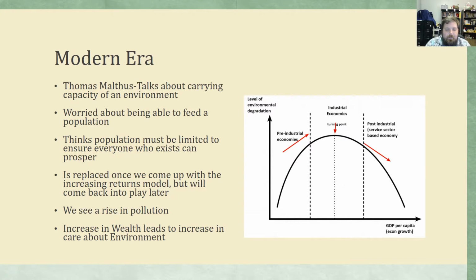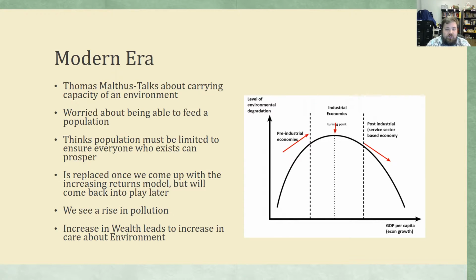on the system. But as the Industrial Revolution began to kick off and really human ingenuity began to take over, we see this becomes replaced with what's called the increasing returns model of growth, meaning that the more people you add, the more growth is possible. Now, we're going to come back to that a little bit later. But what we're going to really focus in on right now is this link between growth and economic growth and